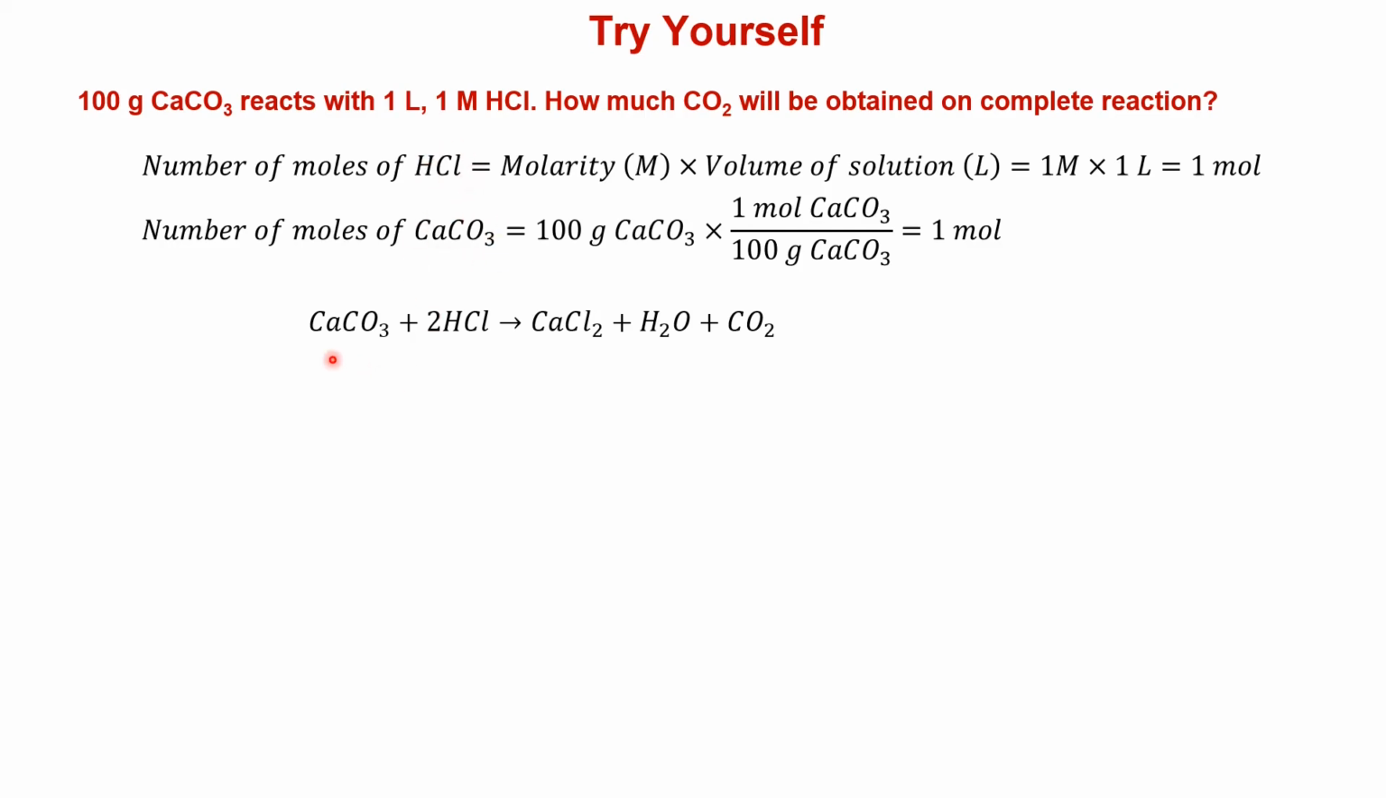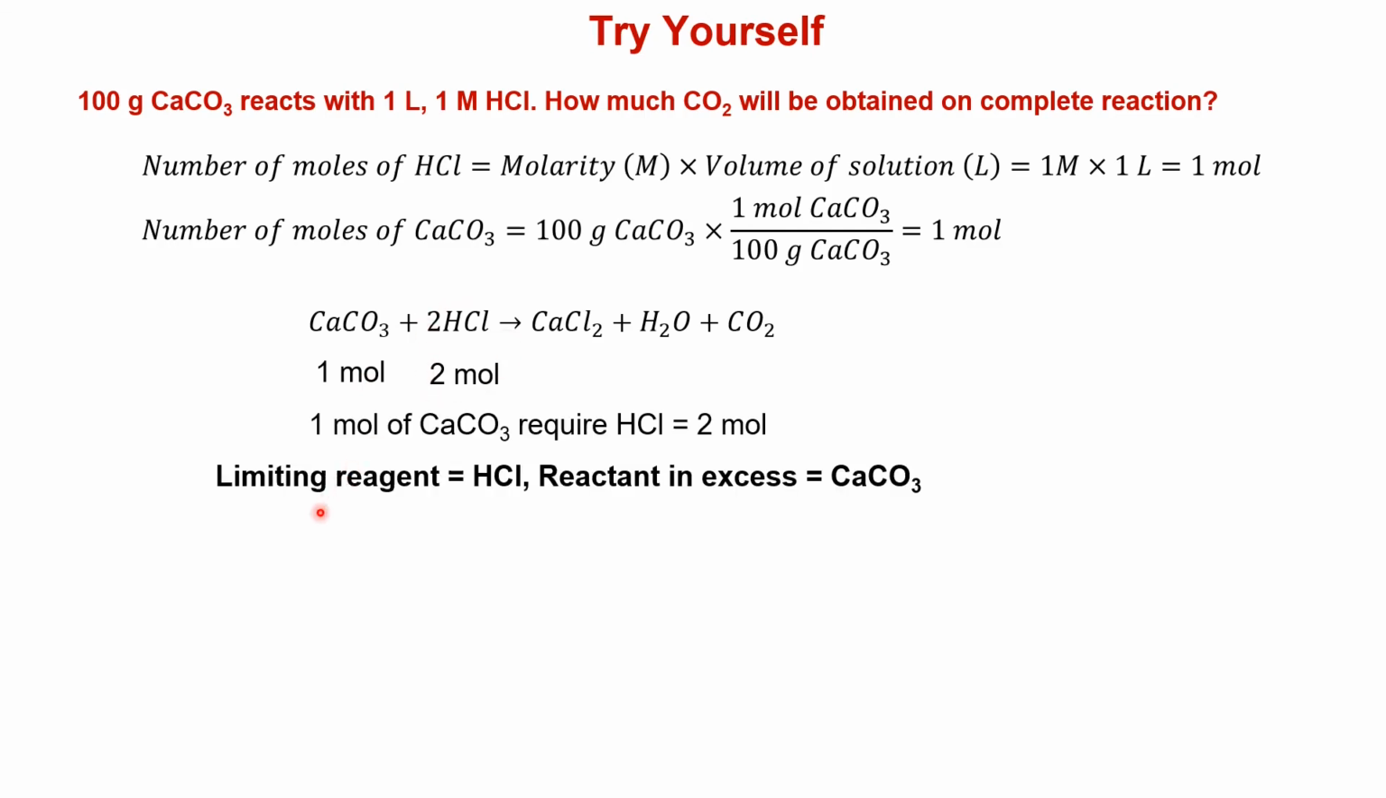The reaction between CaCO3 and HCl is CaCO3 + 2HCl gives CaCl2 + H2O + CO2. Here in this reaction we can see that for 1 mole of CaCO3 we need 2 moles of HCl. So the limiting reagent is HCl here, because we have 1 mole of HCl and 1 mole of CaCO3, and the reactant in excess is CaCO3. If 2 moles of HCl give 1 mole of CO2, then 1 mole of HCl would give 0.5 mole of